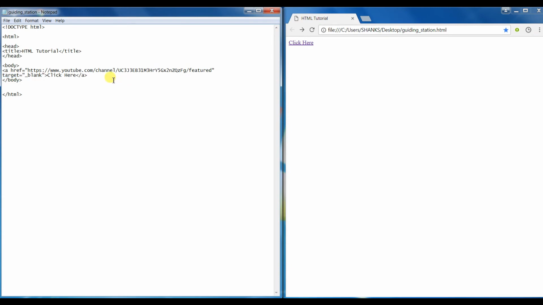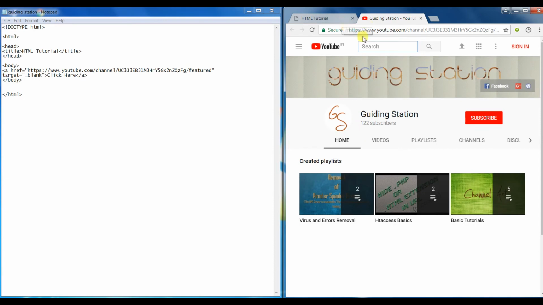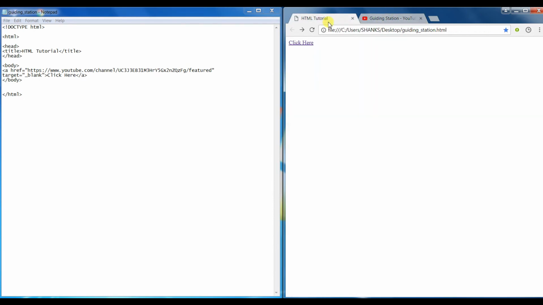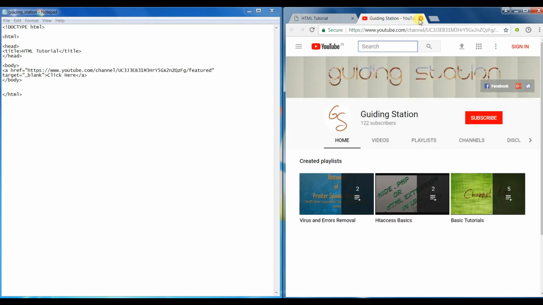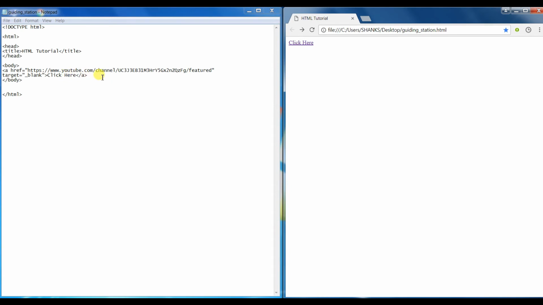So let's test it. Control S, save, refresh it. Okay, I am now clicking on this text. So as you can see that now it's open, but in the new tab. Okay, so that is how we can create a hyperlink and open them in new tab. There is one more thing